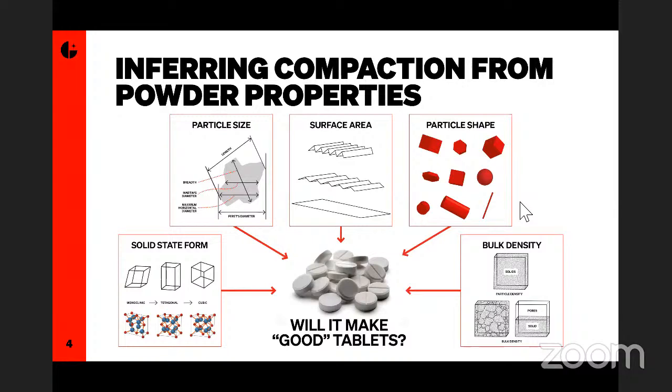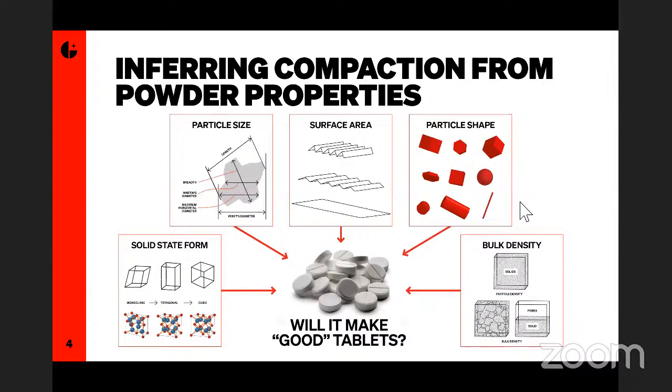If, for example, you are looking to use a new supplier of an excipient, or you're changing the source of an API, it's likely that you'll look at samples of the current and the potential new one and look at various physical properties, say particle size, shape, surface area, possibly solid state form and density, and try and see what the differences between the powders are,